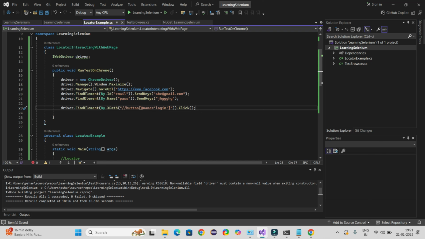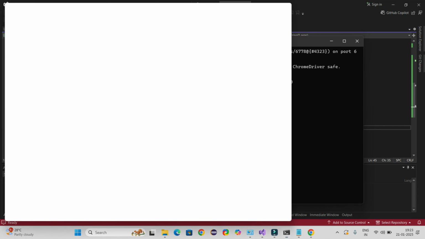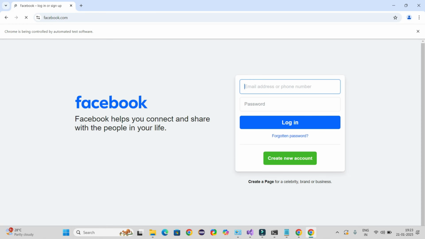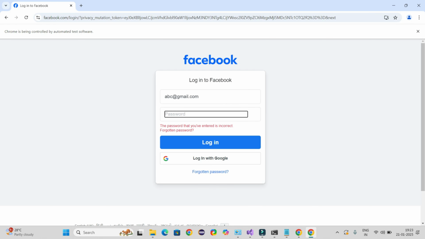Okay, let's see what is happening here now. I will run the code and see. So yeah, you saw that the browser got invoked, it got maximized, and then we passed value for both email and password fields, and then we click